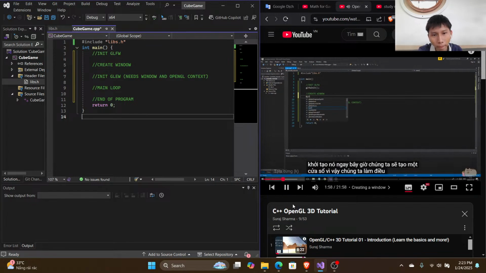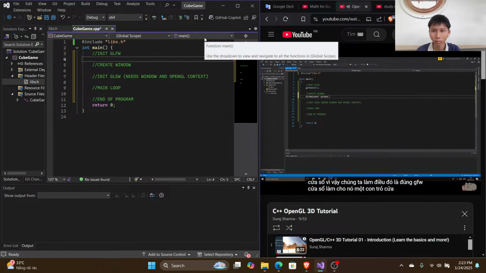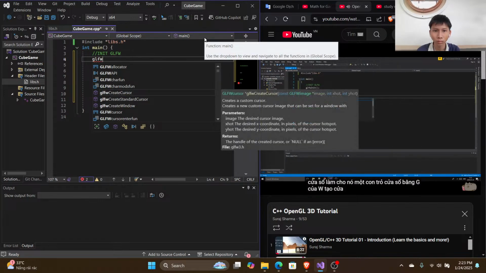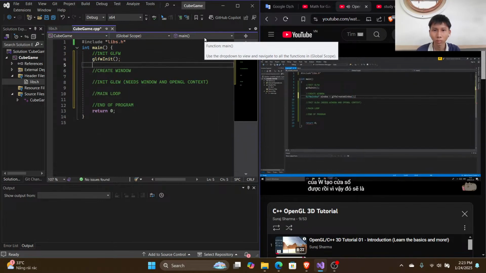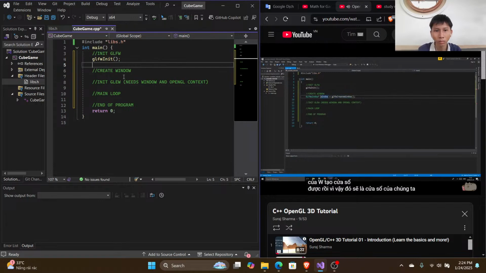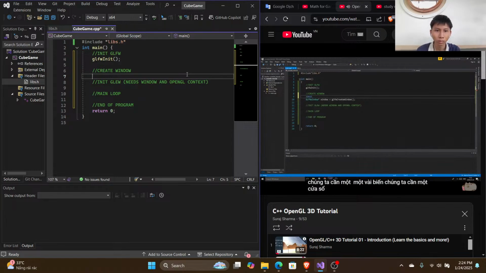So the way you do that is just write GLFWwindow, make it a pointer, window equals glfwCreateWindow. All right, so that's going to be our window at the end. But before we start with that, we need a few variables. We need a constant integer